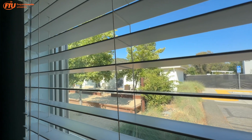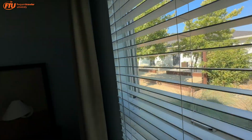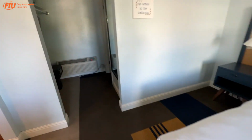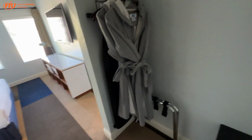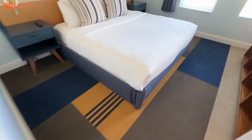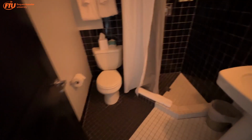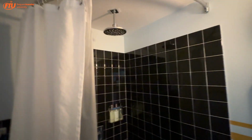You got the bocce court over there. Pool's right behind that building. Pretty quiet, I think. So it's a king room. And we've got some ropes. Get the light on in here. Not seeing anything for now. All right, there's the window air conditioning because the street's on the other side or whatever. There are the ropes, ironing board, a safe, and an old school bathroom with a shower and a shower curtain,